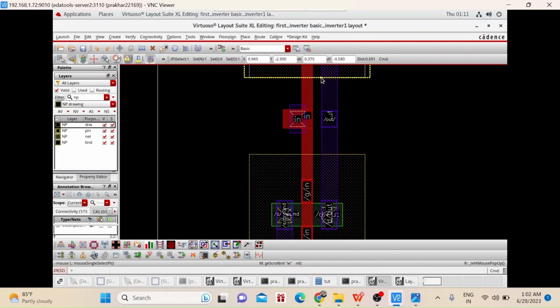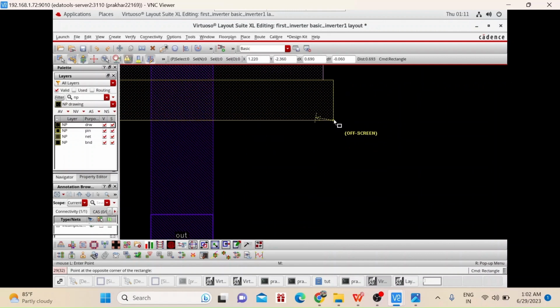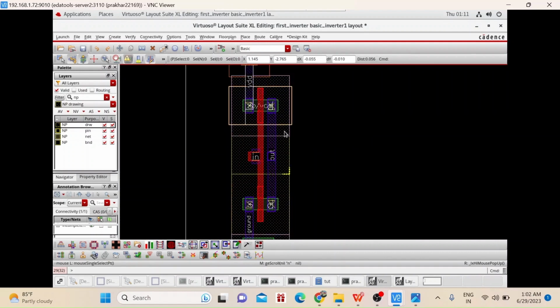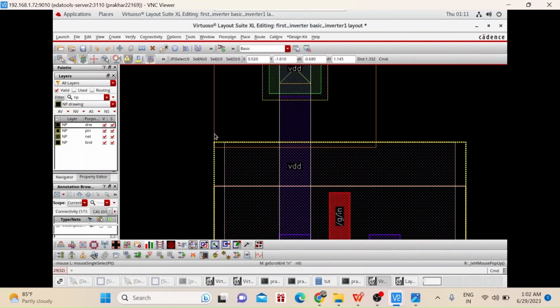One more thing, you can see this polysilicon layer is uncovered, and it is very resistive, so you can cover it with the help of any layer, either NP layer or PP layer. For now I am going to cover it with the help of NP layer. Do it very precisely. Now according to my prior experience, I am going to remove some more DRCs, and you can practice on your own.